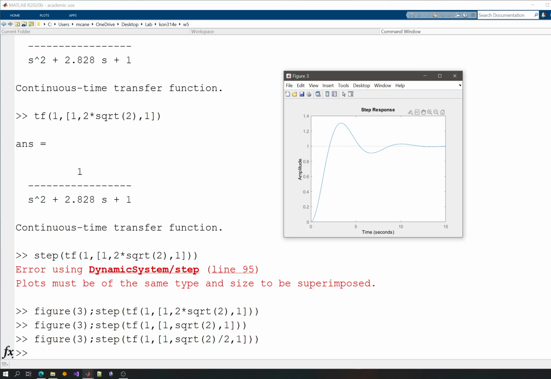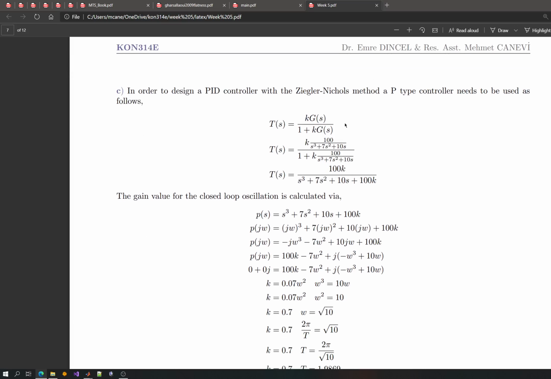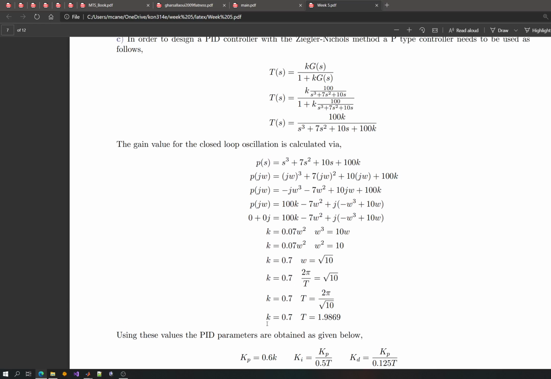I have hopefully explained it in my notes, so that you can use any of the methods. I've shown you an analytical method that gives you the critical gain and the time period. You can use a P-type controller, and just plug in j omega, which corresponds to the j omega axis. Since it should satisfy the j omega pair, plus j omega or negative j omega, you can plug it in